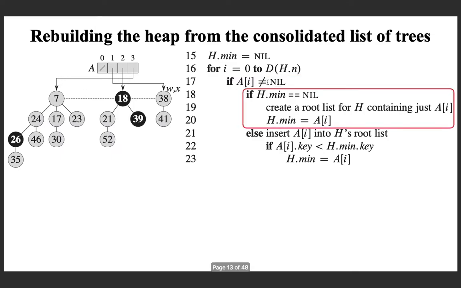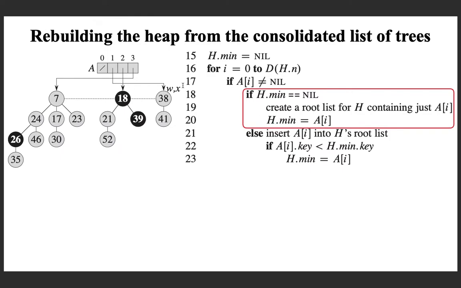Then you are checking, if you currently have h.min as nil, that means you are going to process the first tree. For example, in this case there is no tree pointed to by the first cell, so you will come to index number 1, then you will find it non-nil. So what you can do is, this is the first tree that you are going to collect and add to the root list. So you don't have any other tree as of now, so you will naturally make h.min